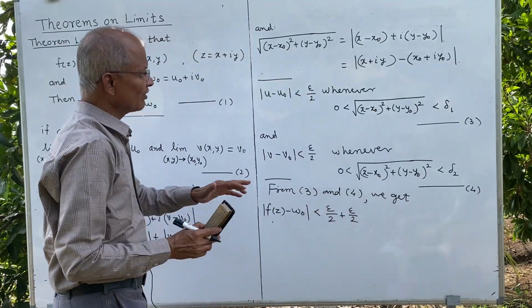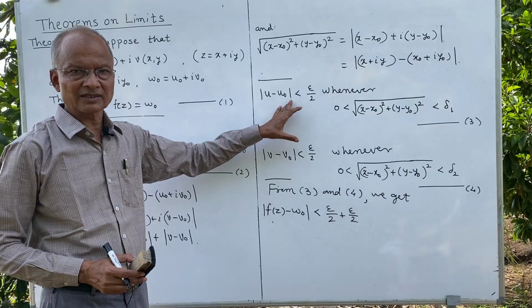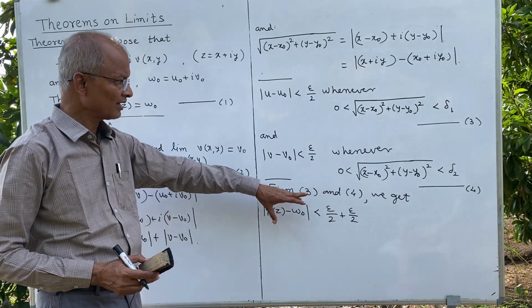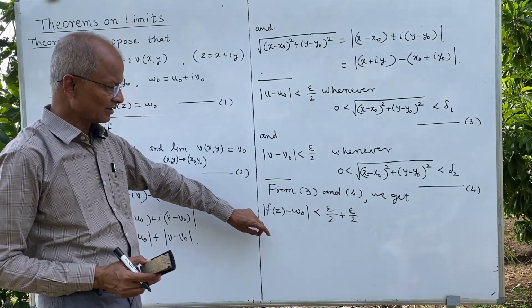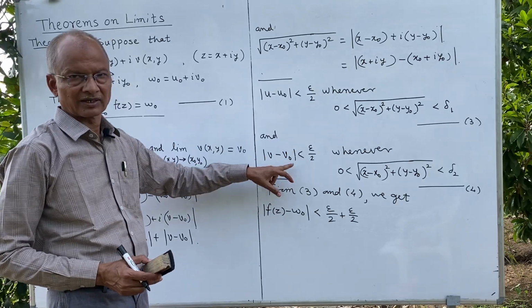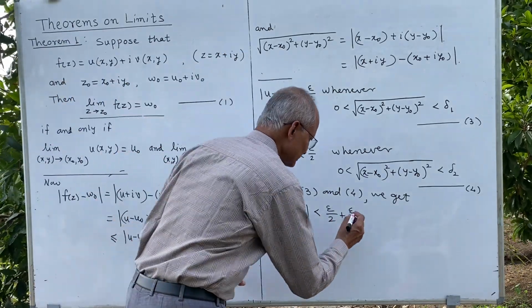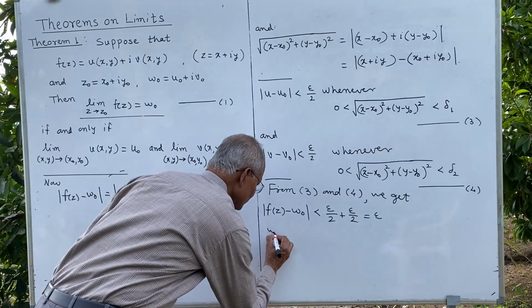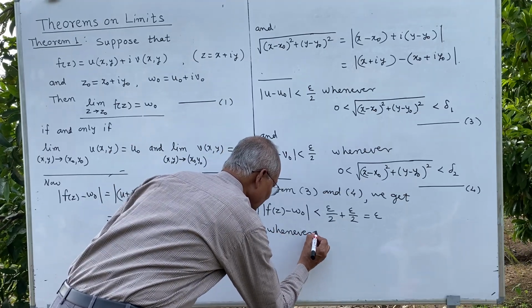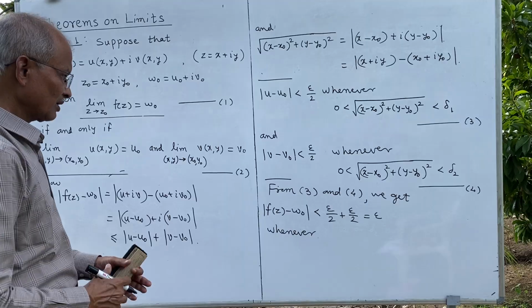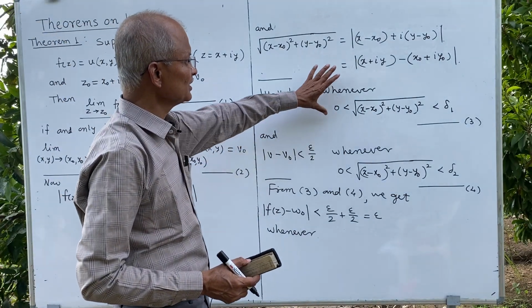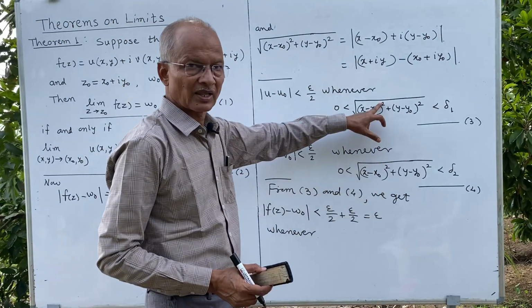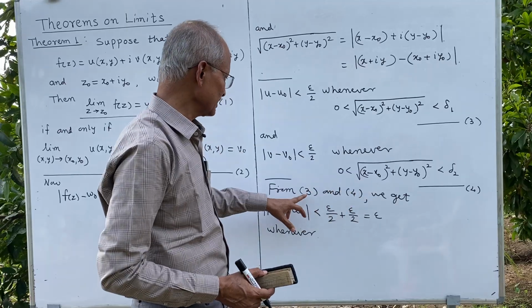So, that is why we have taken epsilon by 2 instead of epsilon here, because we want to add these inequalities to get the required result, and that is epsilon. Whenever this is less than delta, both will hold if delta is minimum of delta 1 and delta 2,